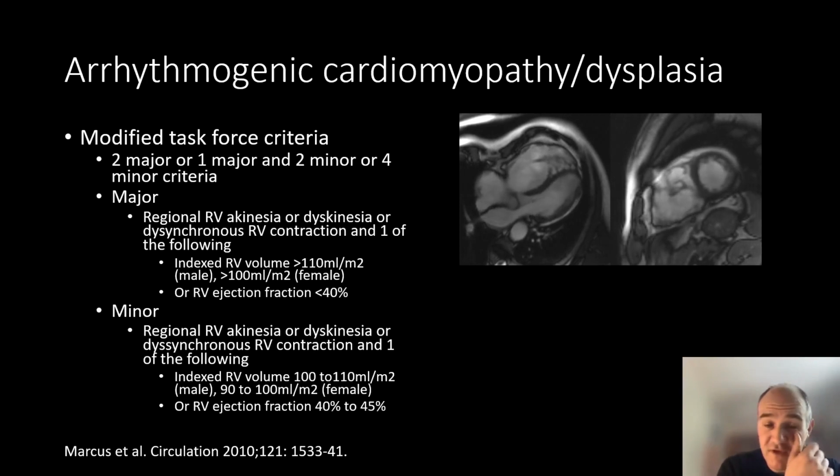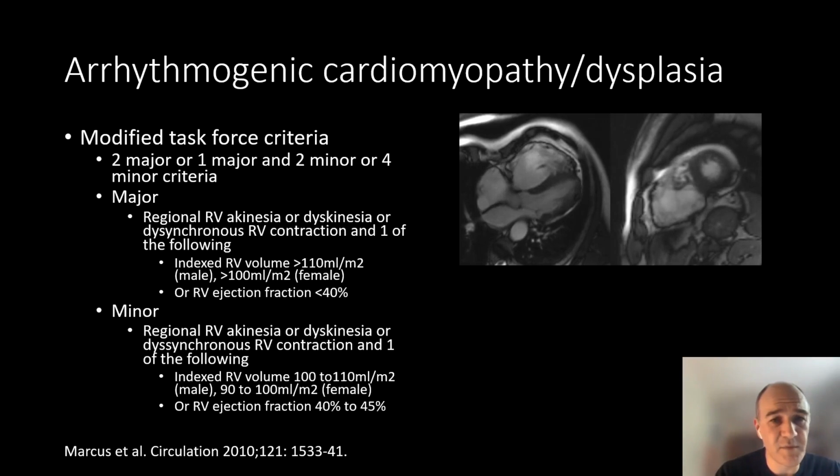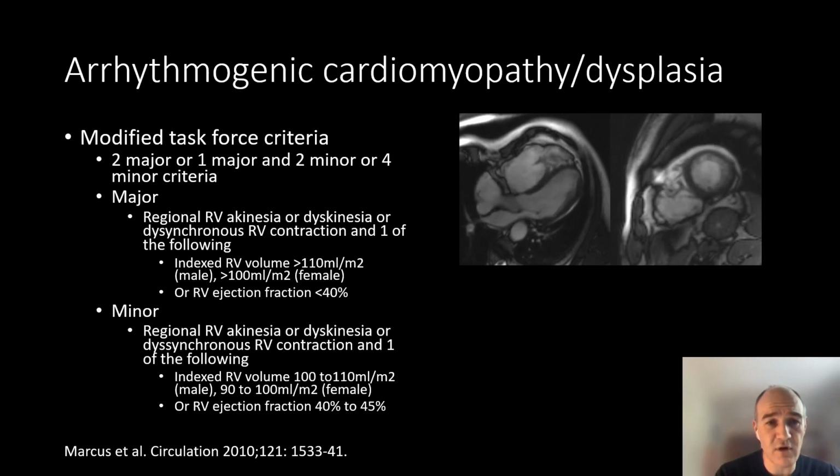criteria were produced, which looked at a variety of different appearances of the myocardium, family history, ECG criteria, and therefore to get a diagnosis of arrhythmogenic cardiomyopathy, you needed 2 major or 1 major and 2 minor or 4 minor criteria. Now, as a result of that, MRI alone cannot make the diagnosis, but it can help, as there are some